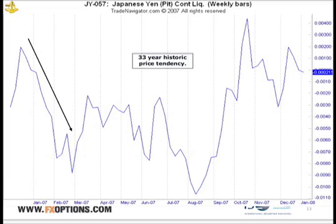Now, there is another trade that we look at, and this trade is the Japanese yen. The reason I bring the yen up is because we're not trading the Chinese renminbi. We're not trading the yuan. We really look at certain markets and we say, okay, the Japanese yen has had that zero interest rate policy forever, but Japan actually does benefit from the business with China and Asia. So there are a lot of different price swings and interim moves with the Japanese yen that are very efficient, especially